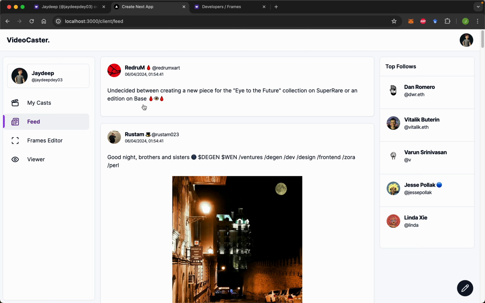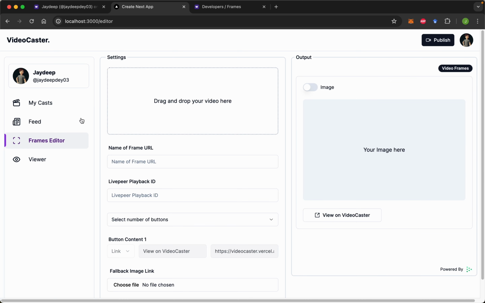Okay, so the first feature I'll be demonstrating is basically the editor. So this is the editor where a person can come to our application and build a video frame. We'll be uploading one video. The uploading will take a few minutes, as you can see, and upon deployment we'll be seeing one Livepeer